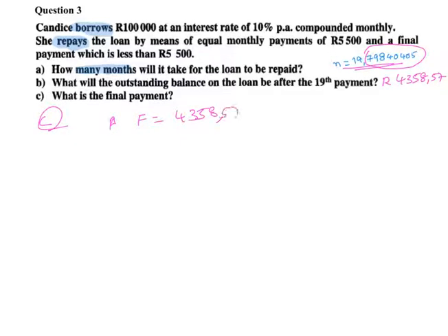That is equal to 4358 for 1 month, 1 plus 10 percentage by 12. So I calculate the interest, and that will give me again 4394.89. So this is my last payment. The last payment will not be 5,500. It is going to be 4394.89. So this is how we calculate the